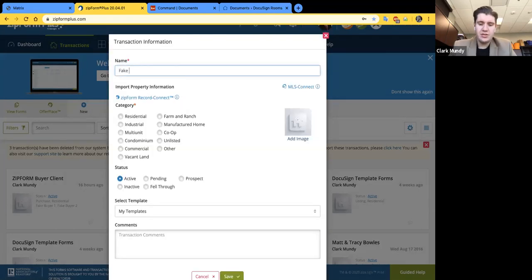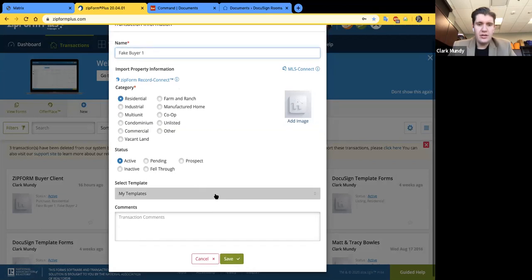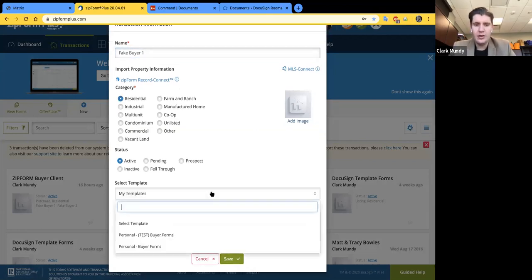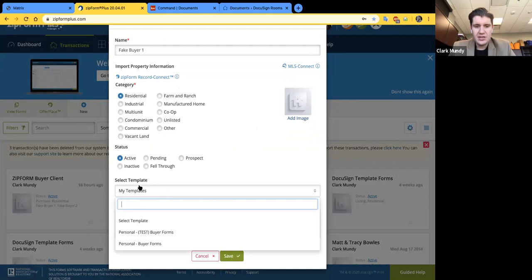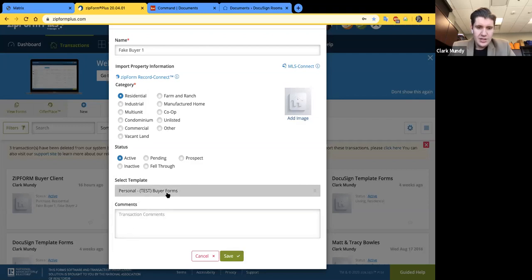And we'll call this one Mr. Fake Buyer 1. And it's residential. And remember earlier, we did not click selected template. Well, now we are. And we're selecting a template to pull in automatically into this little folder here, okay? So again, I named it residential, active. And then for templates, I'm selecting my test buyer forms, the one I created with y'all this morning, not the one I did earlier. So I'm selecting that template, and when I hit save,